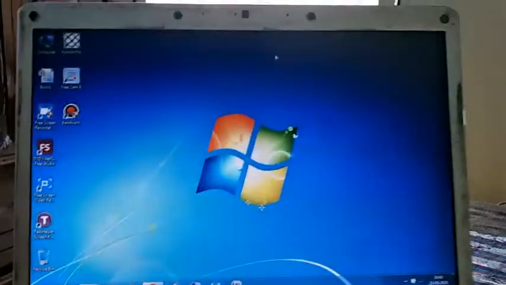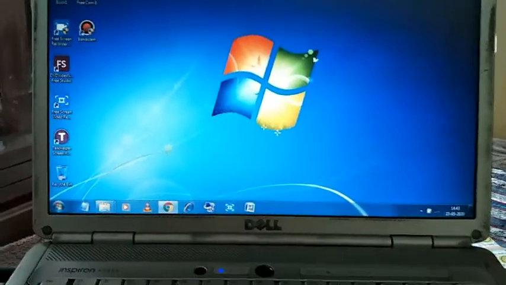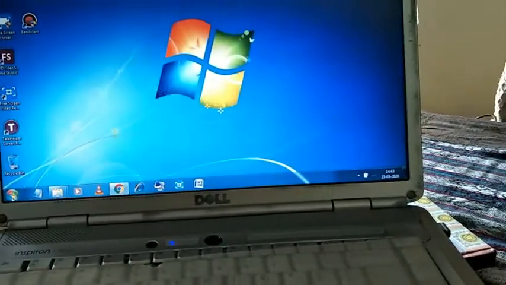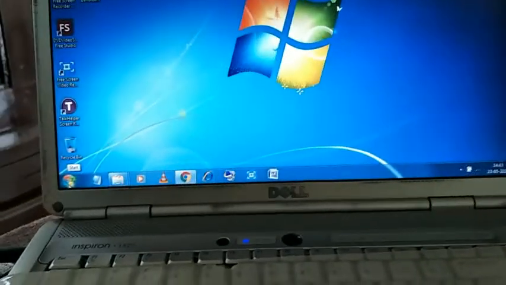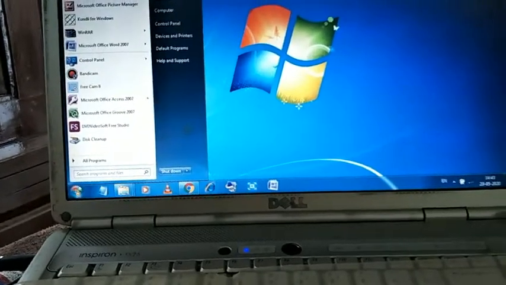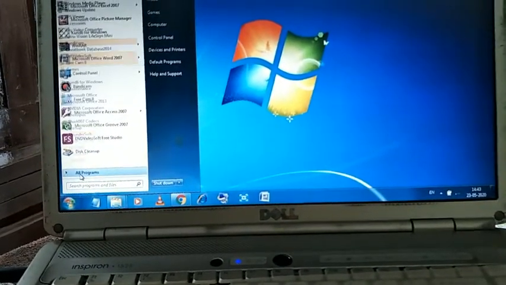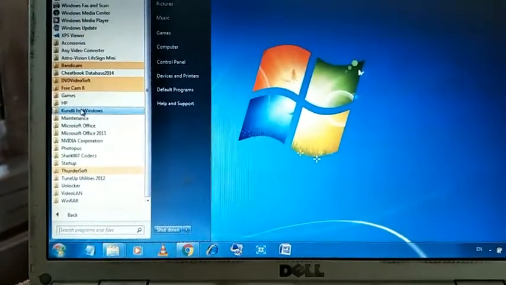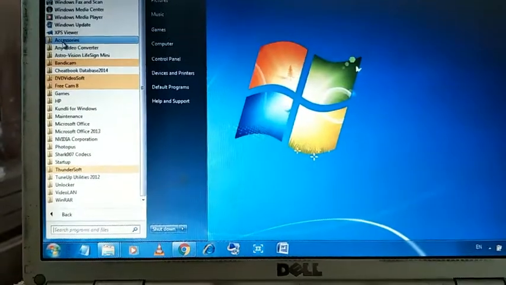Okay, now the next topic is disk cleanup. How to clean the disk. For this click here on the start button, then click on the all programs option. After that you will click on accessories. Look, where is the accessories? Here.